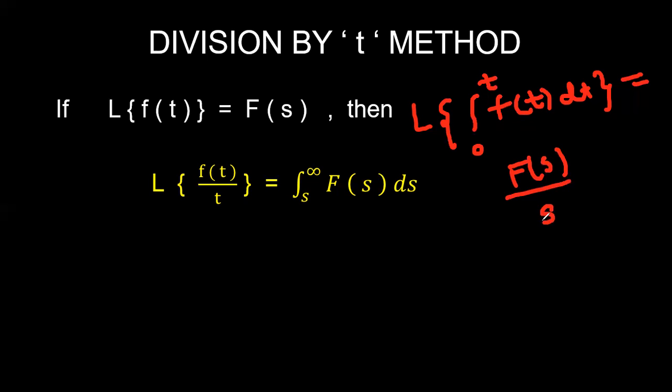You can simply calculate the F(s) value and divide F(s) by a single s term. So if you have one time integral, if you have only one integral, then it can be divided by one s term. If you have two integrals, then you have to multiply one more s term, that is F(s) by s into s, which is nothing but s square. Simply F(s) by s square.